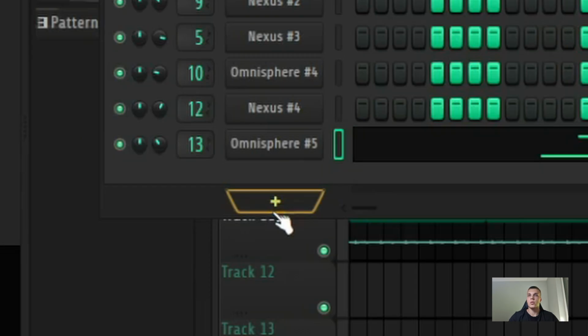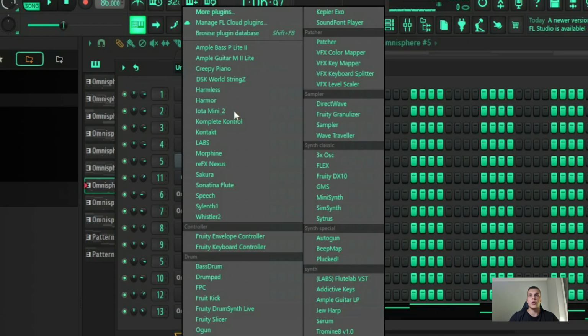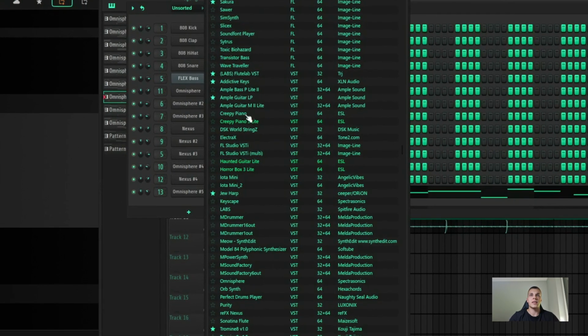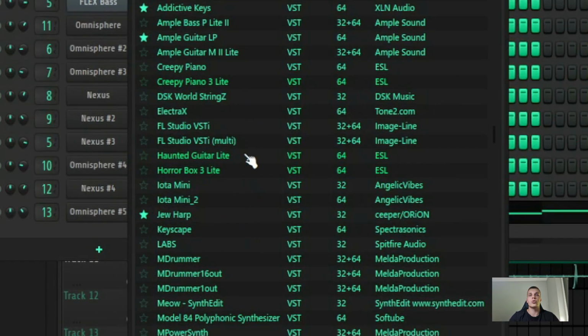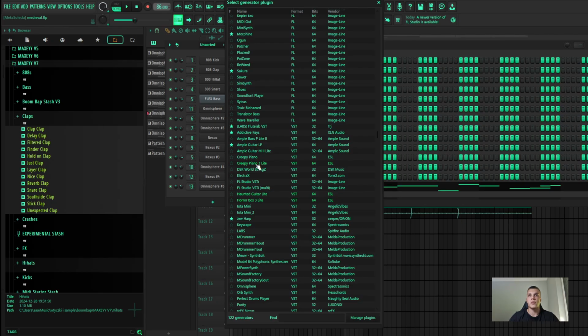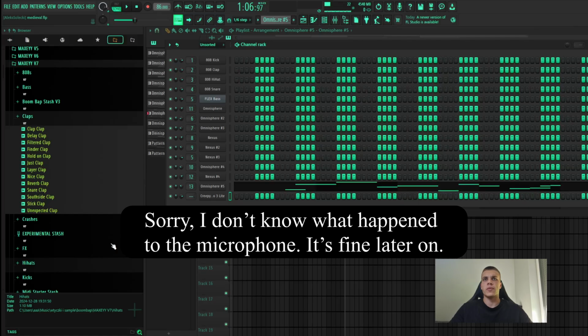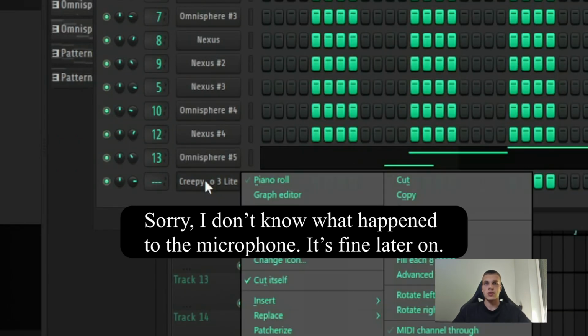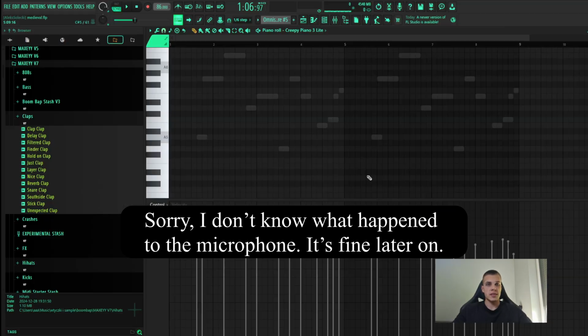Let's add an instrument. In FL Studio, go here, then you can search your instrument from this list or go to more plugins, select the instrument that you want, then choose the instrument by double clicking on it. Now your plugin is loaded. Next, to open the piano roll, just right click on the instrument and select piano roll. This is where you'll write